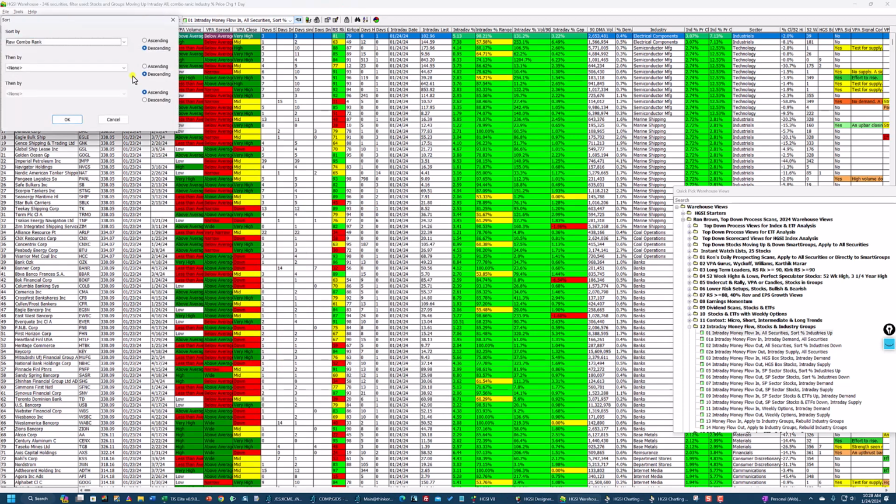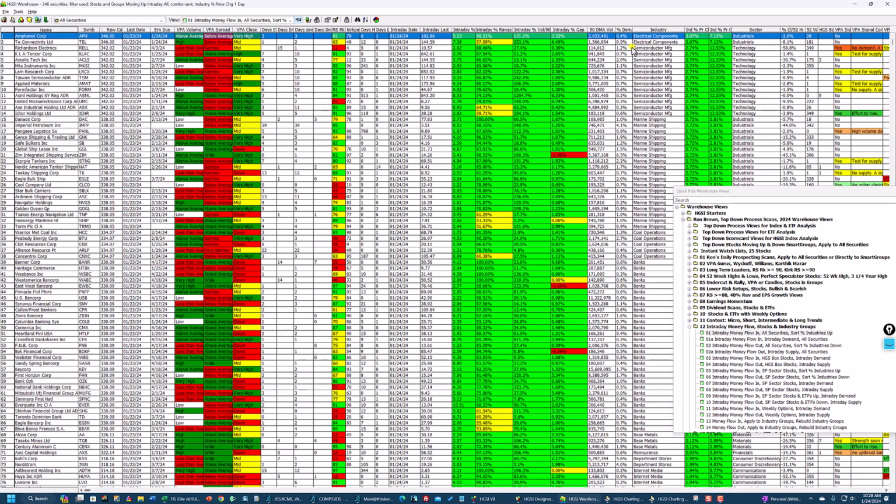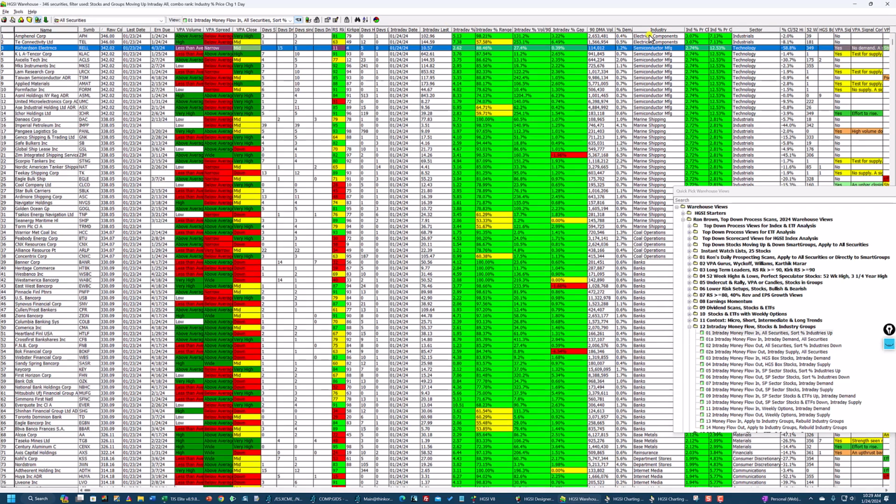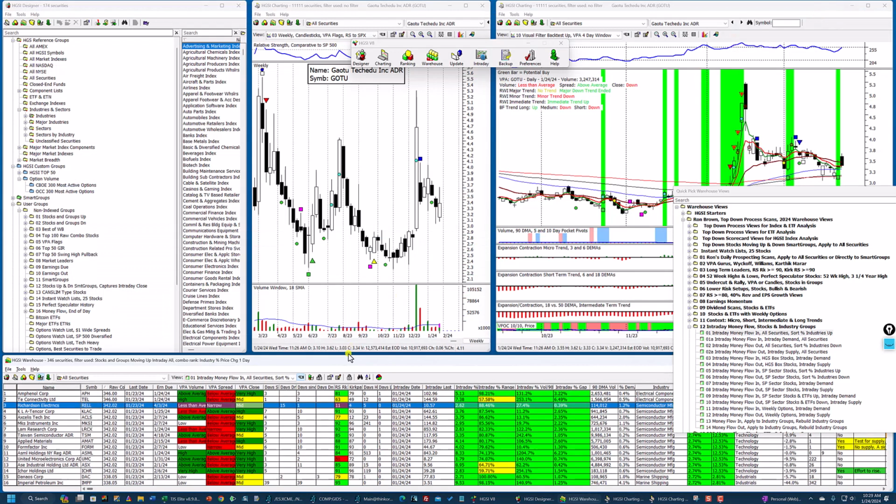Now what I like to do is have a secondary sort. I just type range in here, and I use intraday range on this. What this does is it lines these stocks and groups up based upon where their current range is. So in semiconductor manufacturing, Richardson Electric is trading at 88.46% of its daily range. And so you can see all these numbers are descending down from here. So let's bring that stock up,